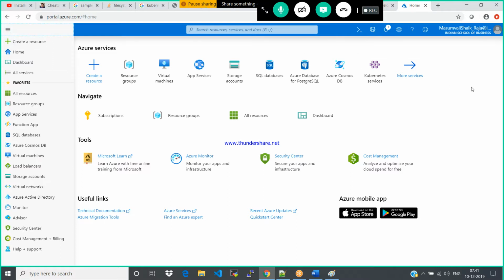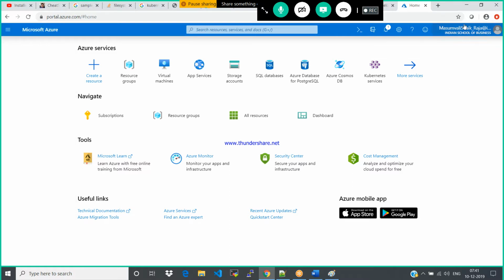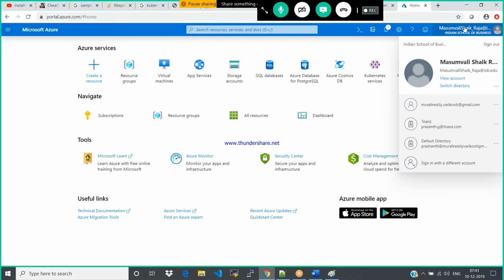By default, when you create a free subscription, Microsoft will create an account on the Microsoft domain.